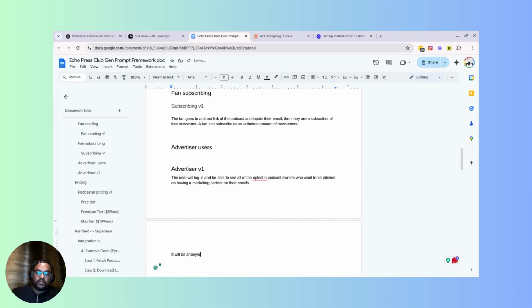It will be anonymized, but the advertisers will be able to see something like the subscriber count, open rates, and share rates of the podcast on a running timeline, and then they can elect to send the podcaster a note of sponsorship and make an offer